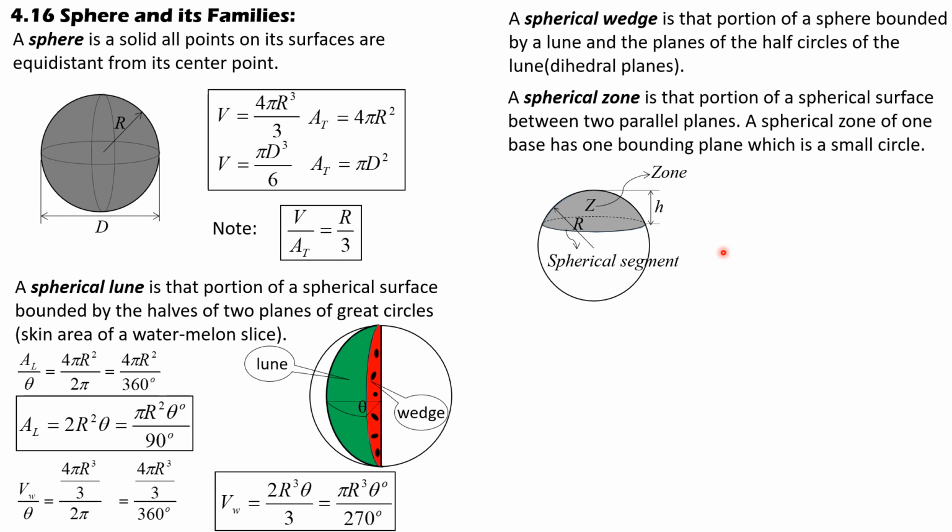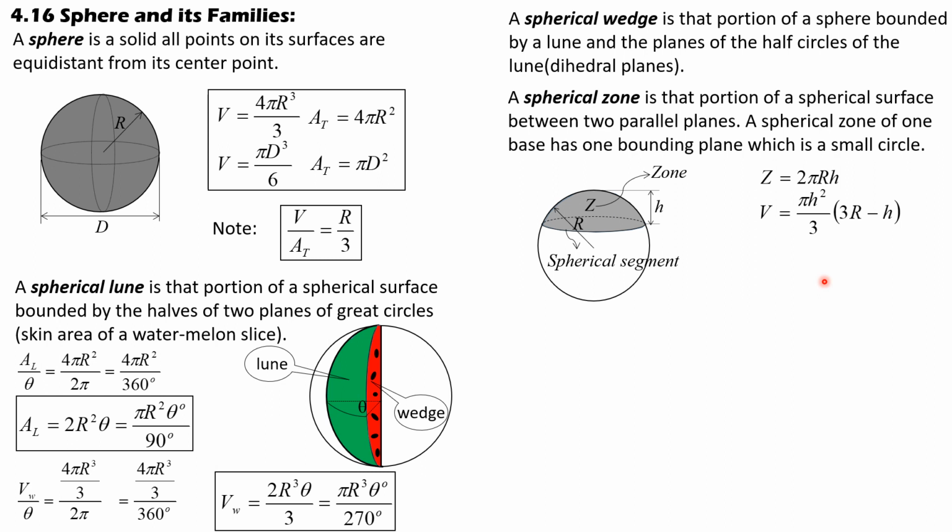Then this solid is spherical segment. Then for the lower part, it is also a spherical segment, the solid, and the surface area, excluding the area of the small circle, is called the zone. So zone is 2 pi rh. You can derive this by integration rather. Then volume of spherical segment of one base is pi h squared over 3 times quantity 3r minus h, also